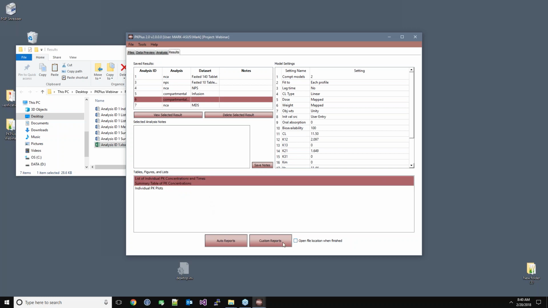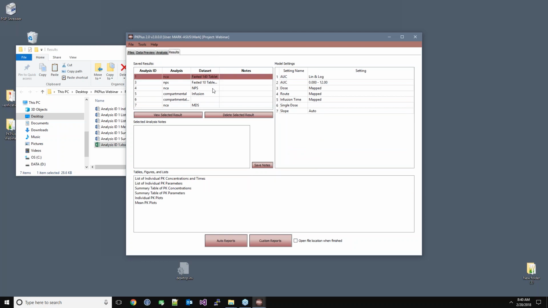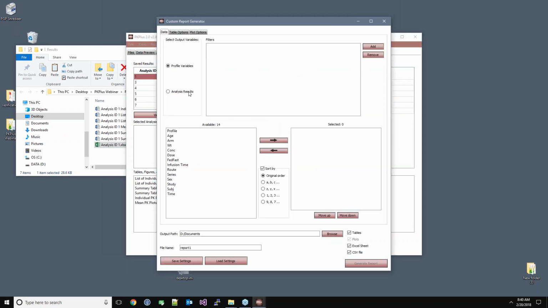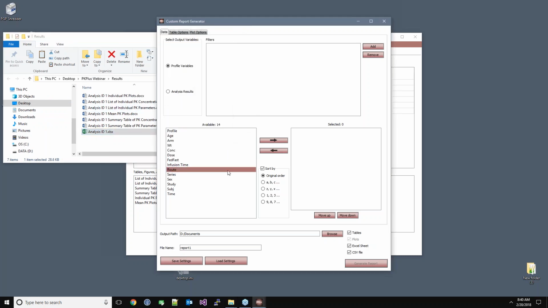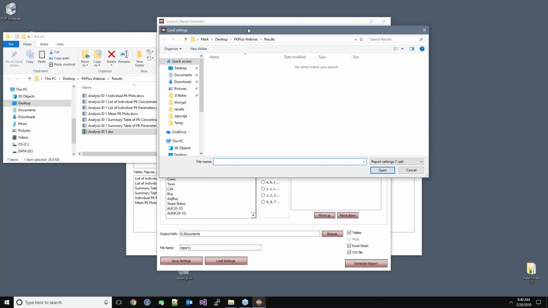We also have a custom report generator, in this case we'll use that NCA. If you don't like the auto reports we generate, you have the ability to select which variables you want reported and in which order. So you can select the profile variables, or mostly the map variables, and then select the parameters you'd like to report. You can also load